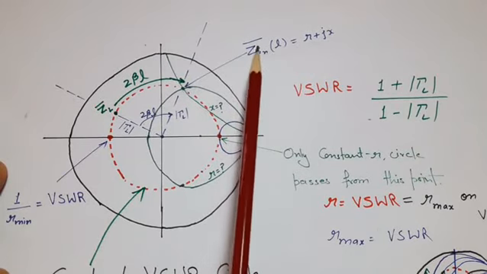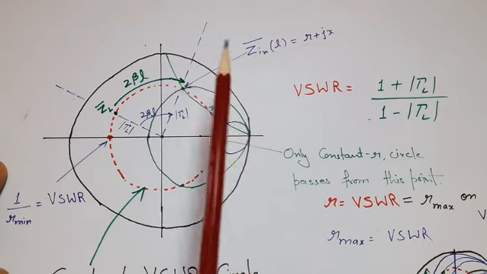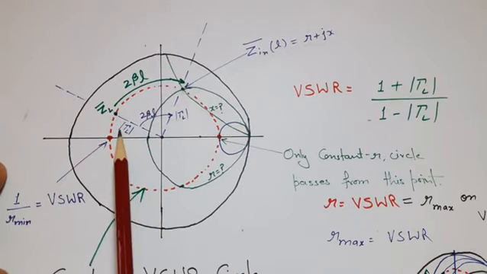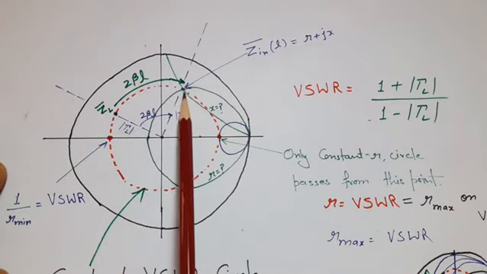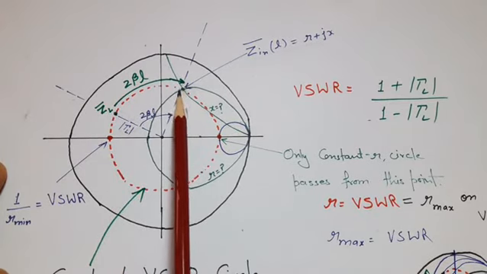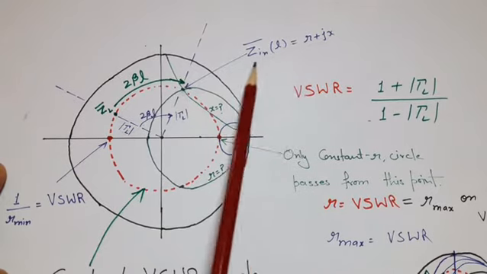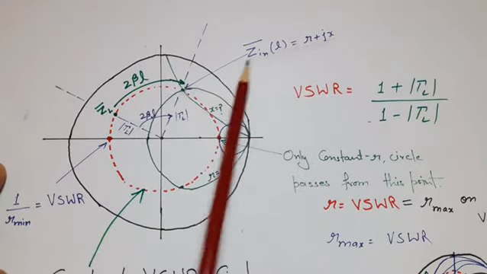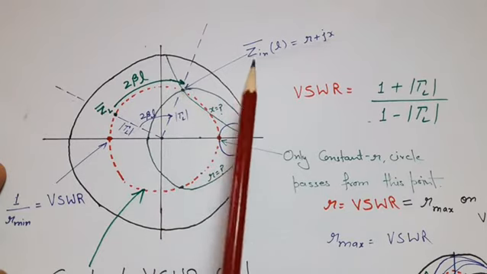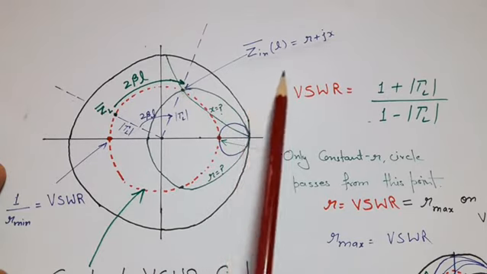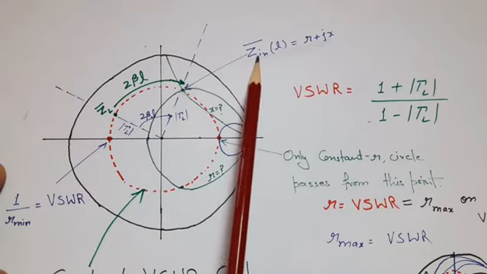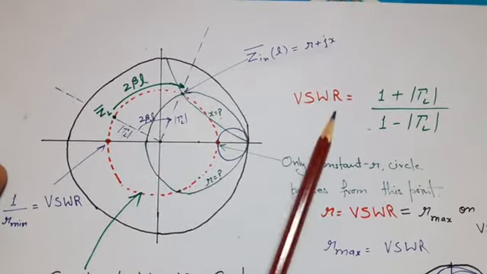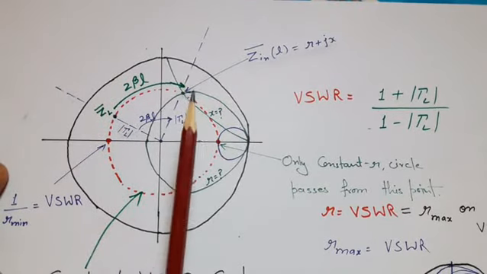If we see carefully, to get the reflection coefficient at the load end, first we mark the normalized load and then we find the reflection coefficient at the load end. But here the case is reverse. Here we first find the reflection coefficient and then we mark the normalized impedance, which is the normalized input impedance. If we multiply the normalized input impedance by Z naught, meaning the characteristic impedance, then we will get the exact value of the input impedance. Now the next task is to find the voltage standing wave ratio, that is VSWR, by using the Smith chart.